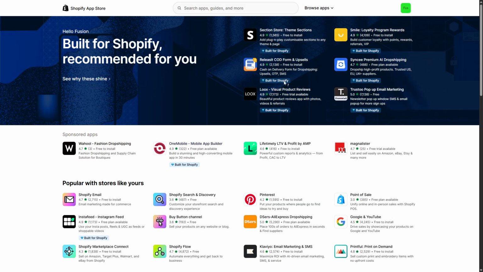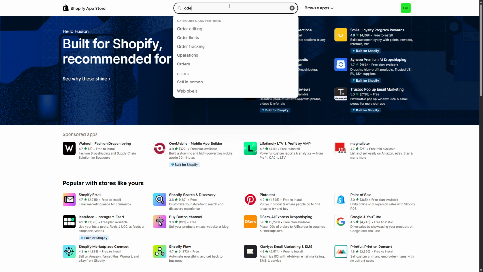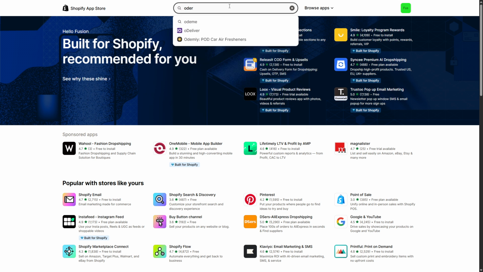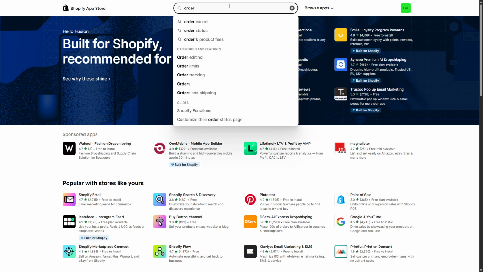First, head to the Shopify App Store and search for order tracking. You'll see a variety of options with different features and pricing. Popular examples include Parcel Panel and Malomo. Take a moment to skim their listings, check reviews, and compare features like branded tracking pages, carrier coverage, and customization options. If you're unsure, many apps offer a free plan or trial, which is a great way to test before